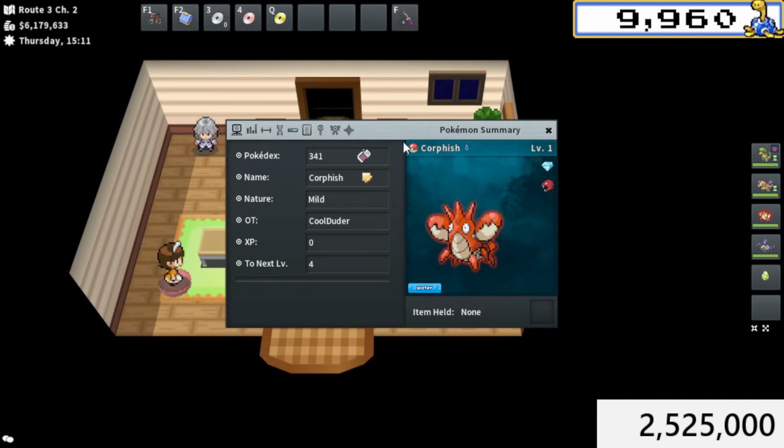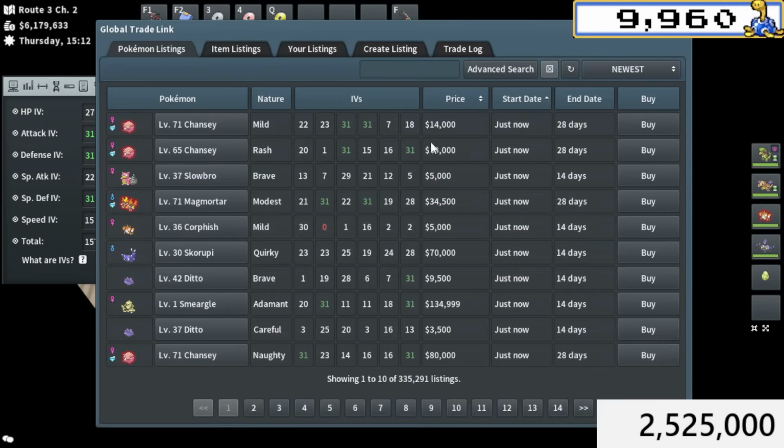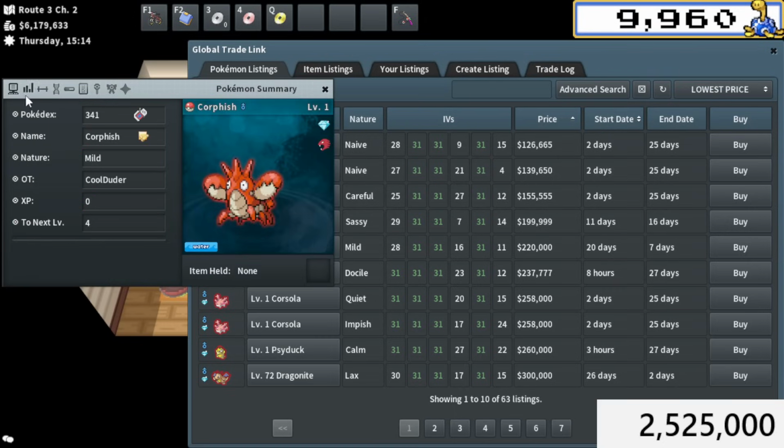And one of our core fishes did go ahead and hatch, so let's sell that over on the GTL. Let's price check this. Now there's two options here. I could underlist below this Dugong and go for 125K and go for a pretty fast sale, or I could sell it for around 140K and price it under this Floatzel and sell it a little slower